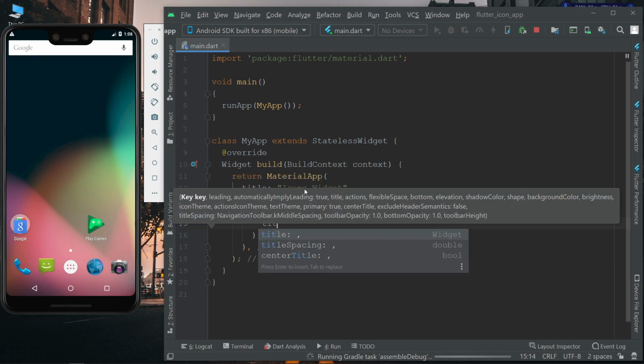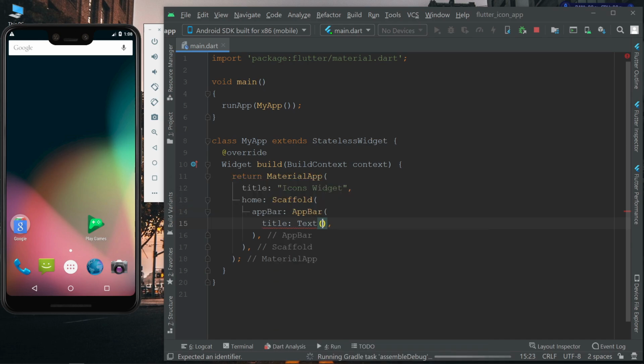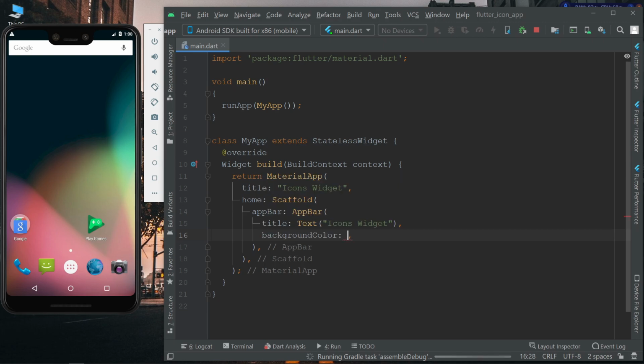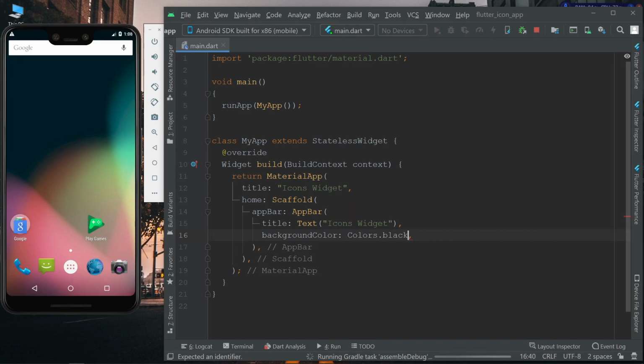The appbar will have a title. If we want to change the background color, then we can change it.